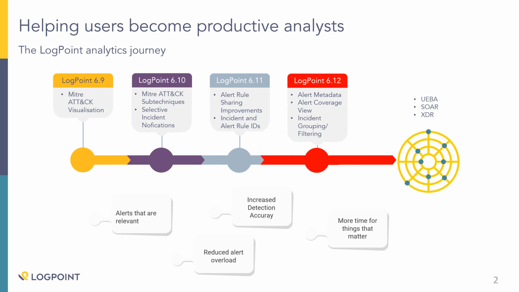Just wanted to give you a timeline of how we improved upon alert rules in LogPoint over the last few releases. And it started in LogPoint 6.9 with the introduction of the MITRE ATT&CK visualizations, which for the first time gave you the opportunity to see your incidents not just across a timeline, but also mapped against the MITRE ATT&CK framework. And there's been various changes and improvements since, including the introduction of incident and alert rule IDs in the